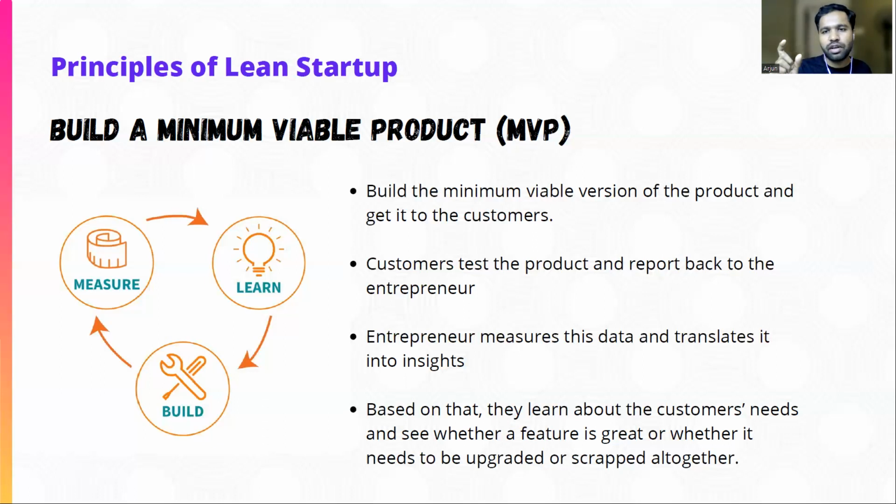If you start to overbuild things, then you are going to utilize a lot of resources, manpower, time, energy, money, and if the customer is not interested, then you are going to waste all of these resources. So this is why you should only build the minimum versions. Basically this is what they call an alpha version. They just have the minimum viable versions that the customer needs to use in order to test and give you their feedback. And once you get their feedback, then you probably go into a beta version and things like that. So that's what a minimum viable product is.